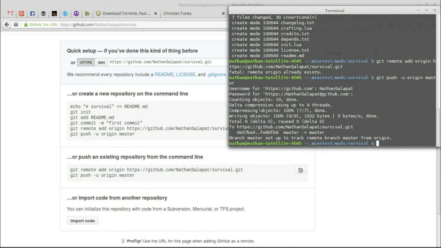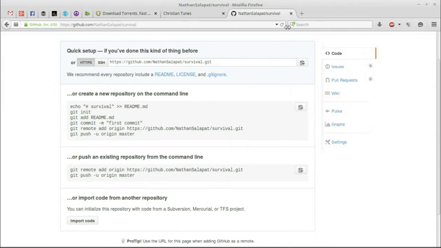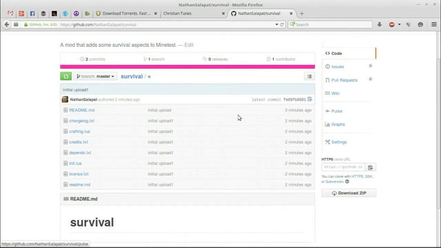So there's 10 objects compressed using up to 4 threads. I have a quad-core computer. Compressed the objects. It wrote the objects to upload to here. And then branch master set up to track remote master from origin. So now if we refresh this page, and sometimes it takes a couple seconds before it'll show, there we go. So we have a README.md file,